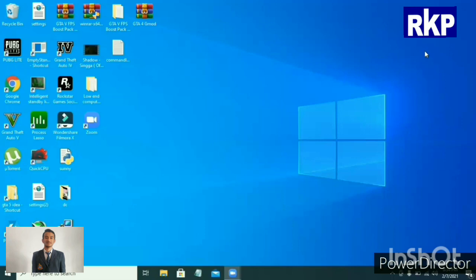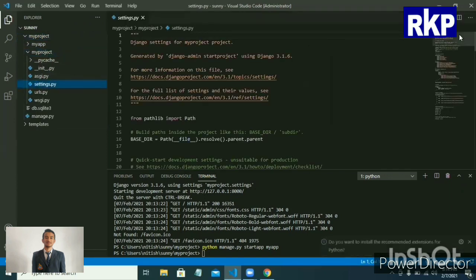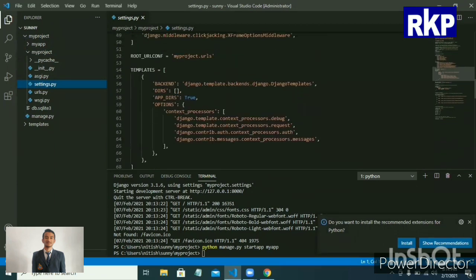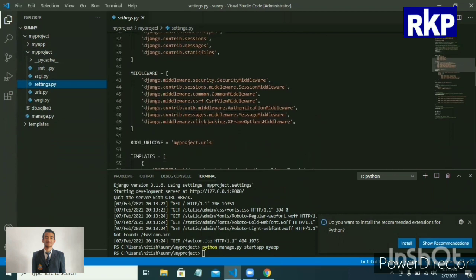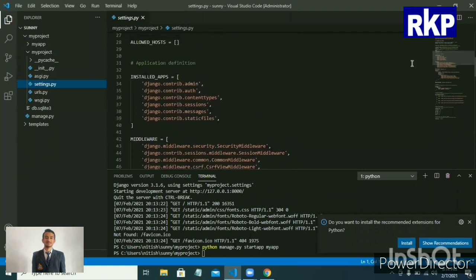application short and compact. Once you run django-admin startproject followed by your project name, say myproject, a folder with the project name will be created in the current directory or current path, which will have another folder with the same name as the project, and that folder will have a file named settings.py. Now this settings.py file will contain most of the configuration settings of our Django project, like what database it should use, our application names and so on.